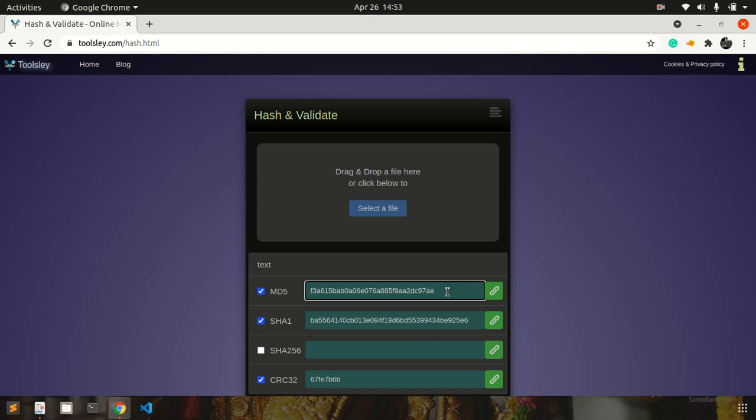So this is a very good feature to validate whether any mistake or change was made to your personal files. This tool helps you validate that, and this is how you can generate the hash value and then validate if required. Okay, so this is the hash and validate feature.